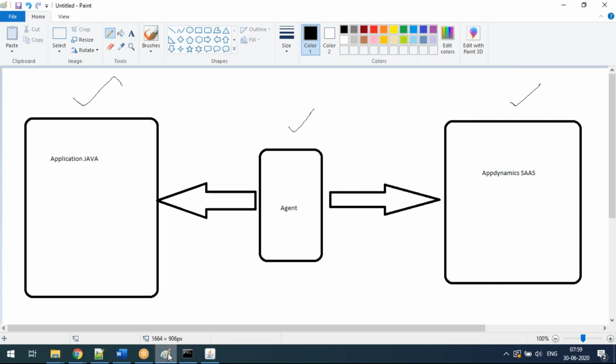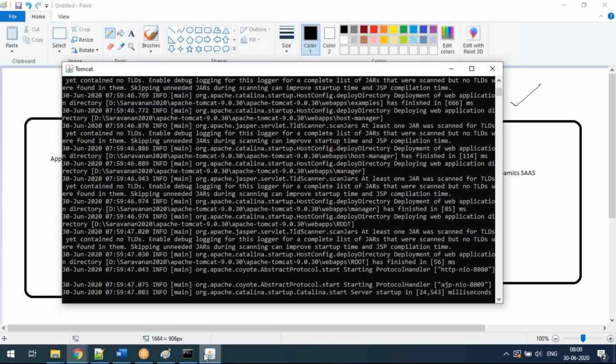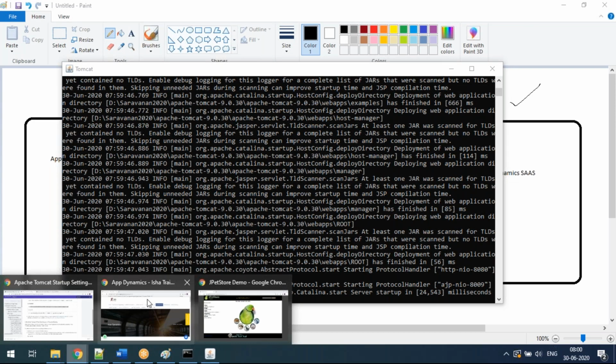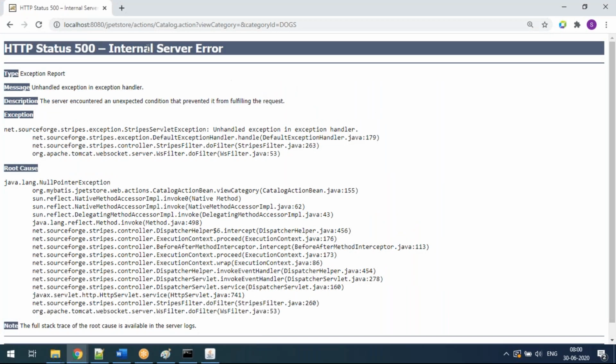Now think about it, guys. I created a sample application. I downloaded an agent from App Dynamics, and I configured this agent inside the Catalina file. So this connection establishment is done. This connection establishment is done. Now these two connections, between the agent and the App Dynamics SaaS, should be happening. So my server has started now. Purposefully, I'm going to do some kind of transaction in my application.